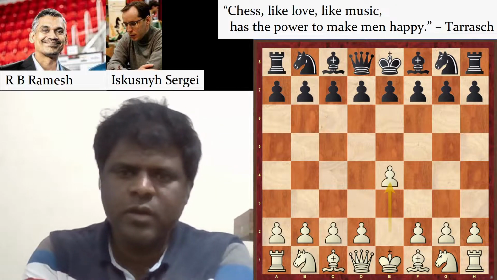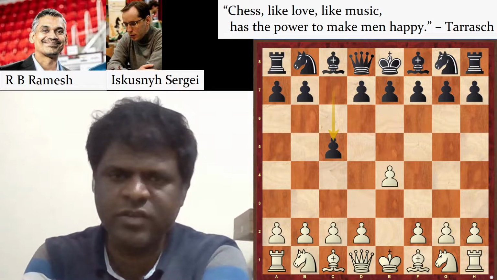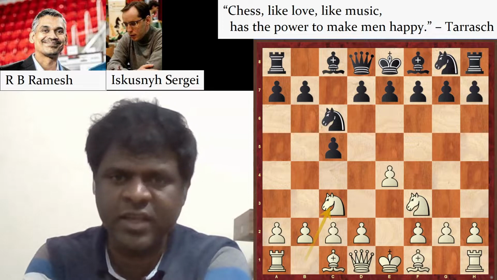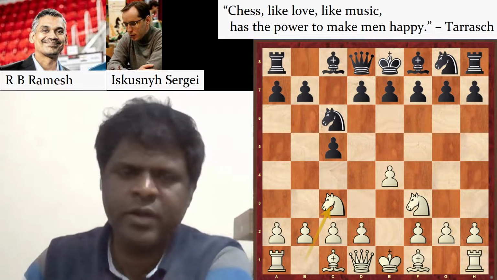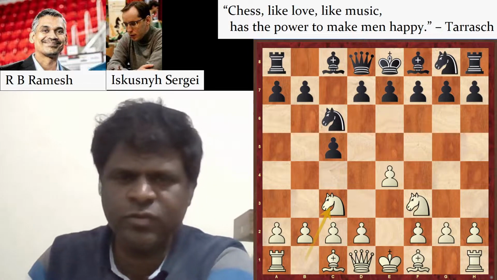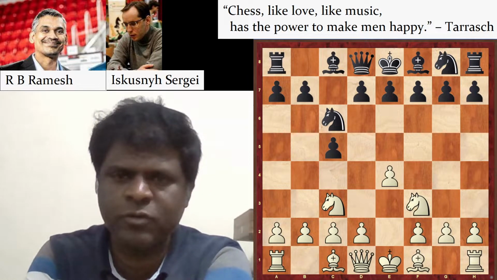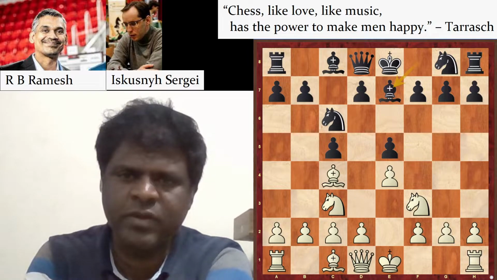Okay, Ramesh started with e4, Sicilian defense, c5, knight f3, knight c6, knight c3, e5. Knight c3 people play to avoid a kind of Sveshnikov line or maybe Kalashnikov line. But e5, knight c3 is one of the good lines, which Kasparov also played many times. I have seen Kasparov's games also. e5, bishop c4, this is the line, bishop e7, and here